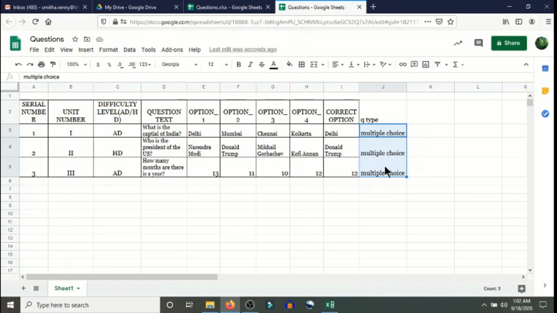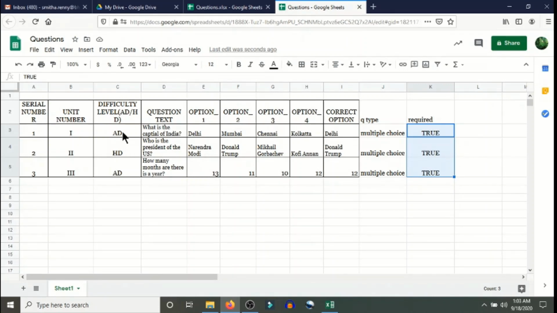The second column that we need to add is called Required. That means whether this question is required or not. We want this question to be required, that means it's a mandatory question. So we'll write the word true here and hit enter. Whatever case you write it in, it will always convert it into capitals. Here we will again click at the bottom right corner and drag, copying it to all the questions, so all our 75 or 100 questions. Click and drag both multiple choice and true all the way down. In this case, there are only 3 questions, so I'm going to leave it here.